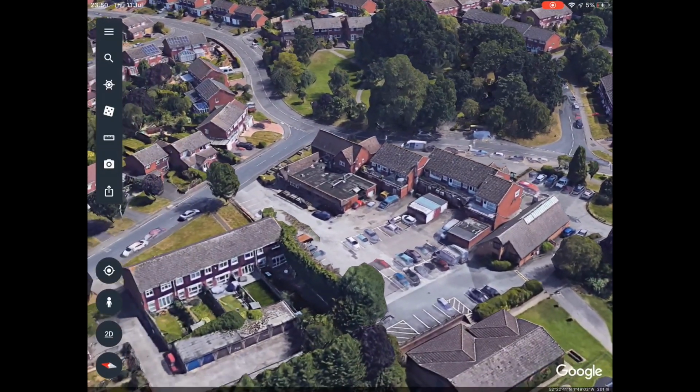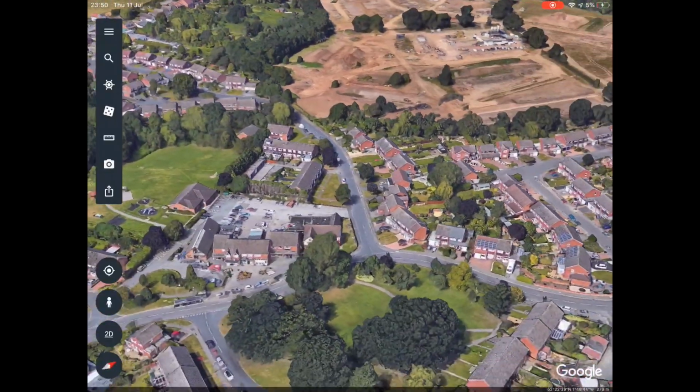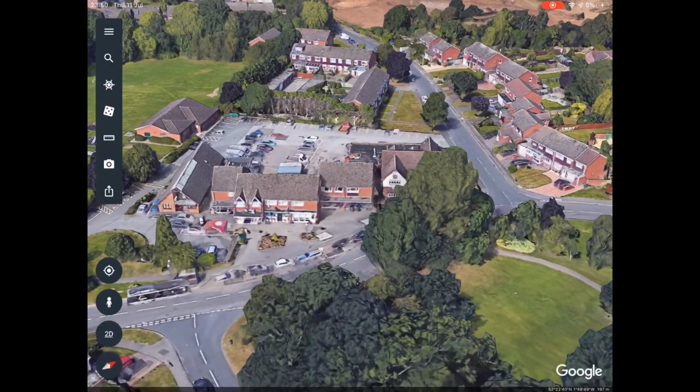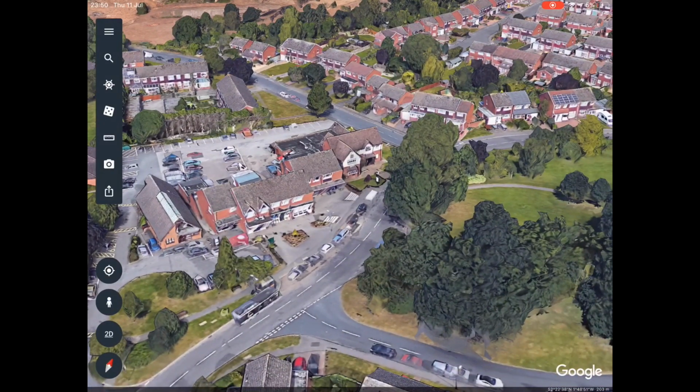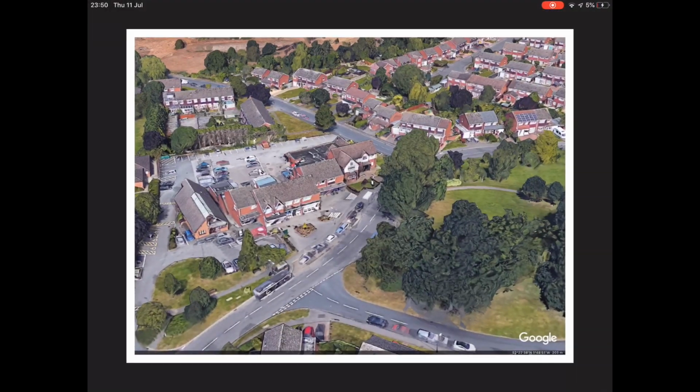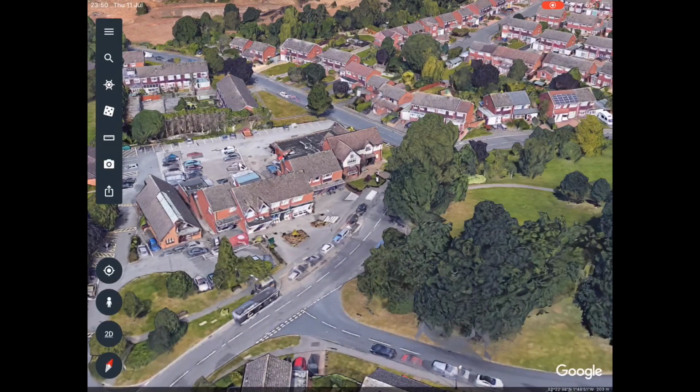So I'm going to rotate, and I'm going to take a picture of the shops. So click on the camera, save the image, and that's done. So we now need to go back to J2E,